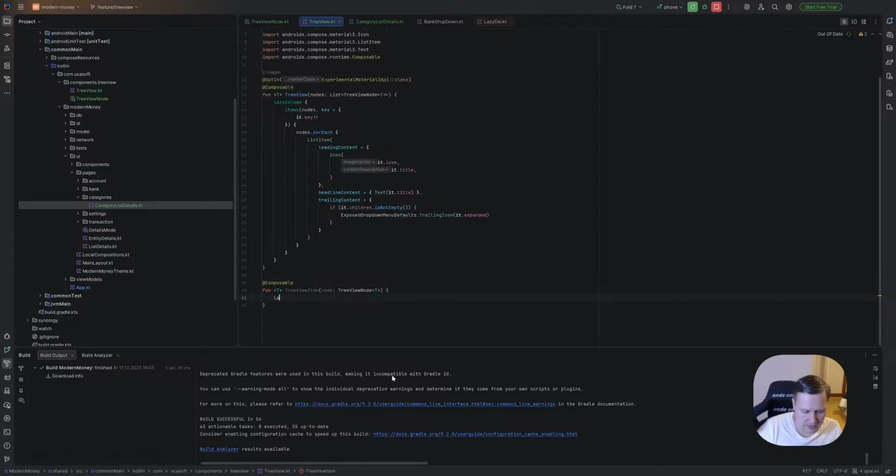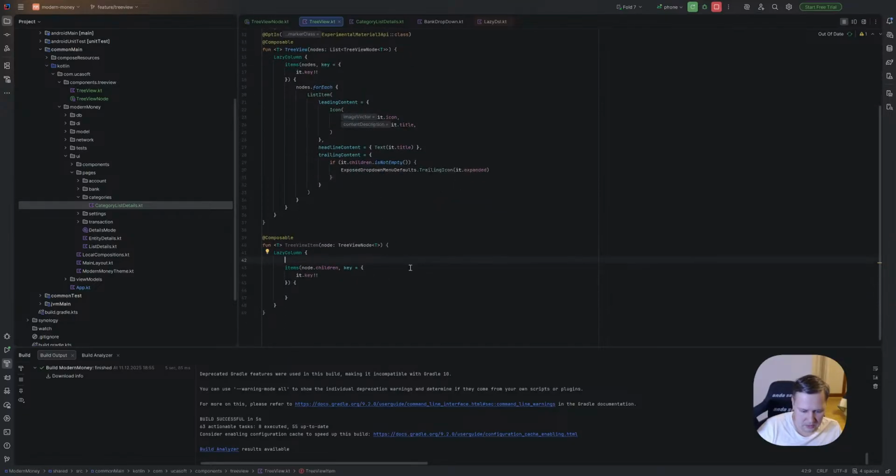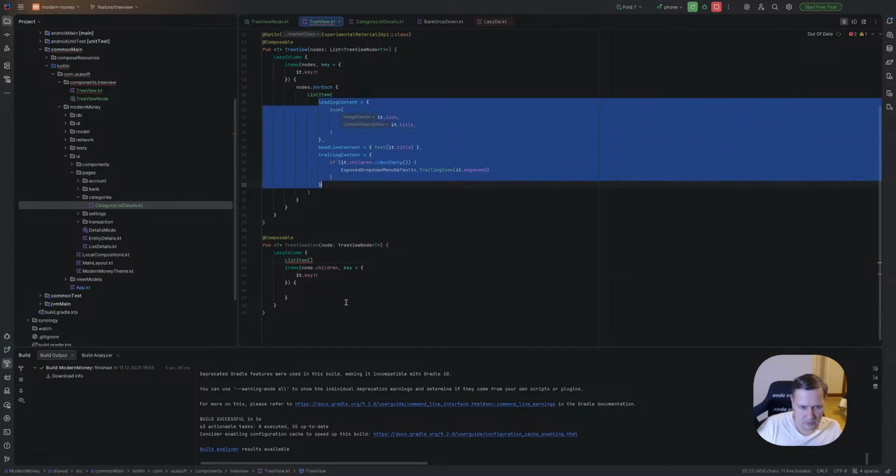And here we have LazyColumn with items, and it's node.children, and key, and it's key. But here we also have this node itself, so we have list item, we need to copy everything.